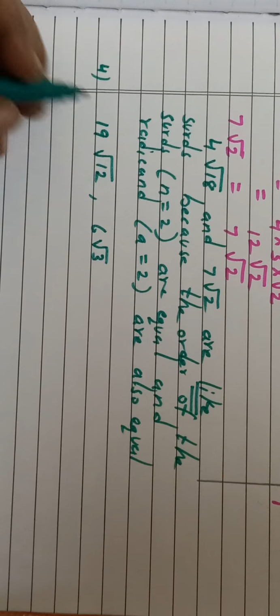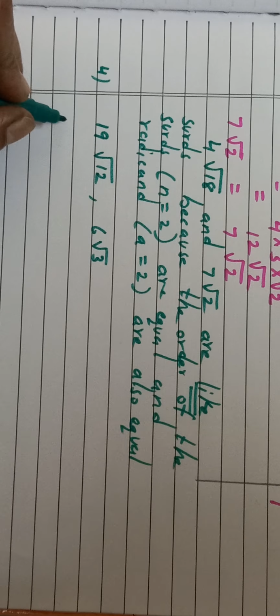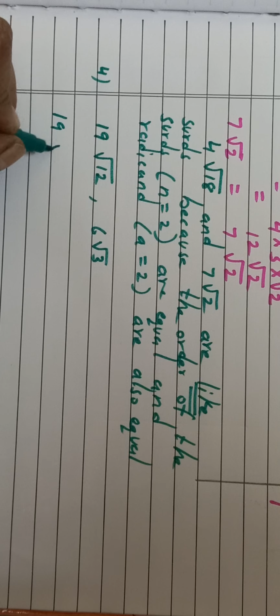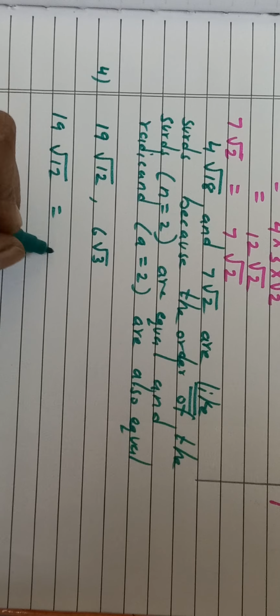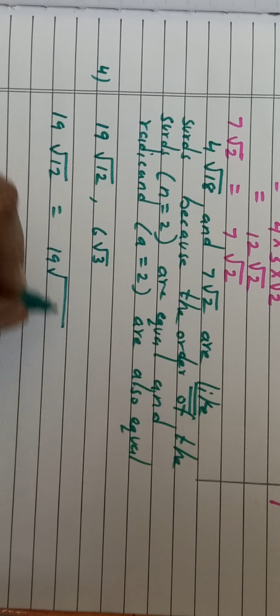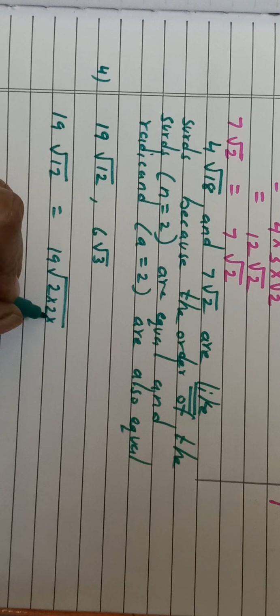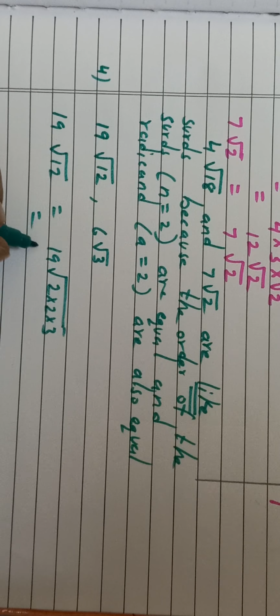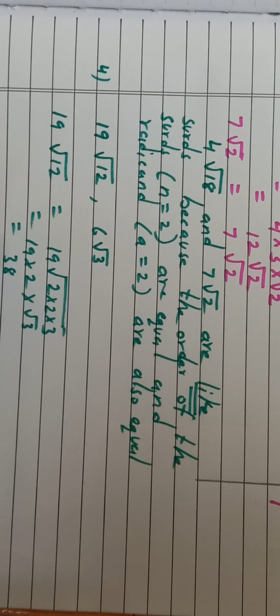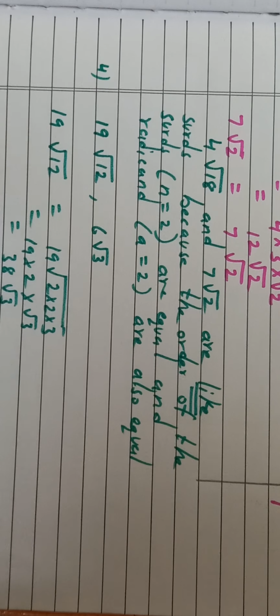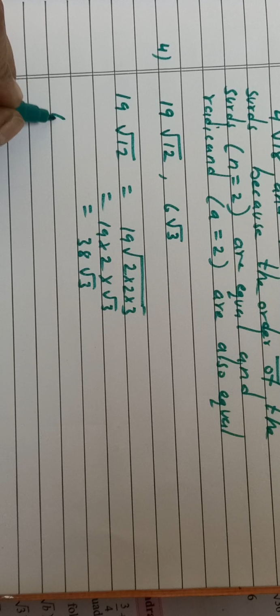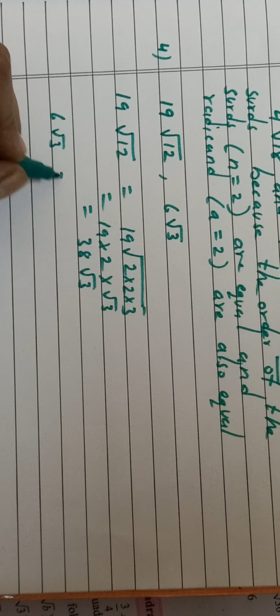Now the next example is so simple, orally we can do this. Root 12 times... now I have to simplify this. So what I will write? 2 into 2 into 3. 2 2s are 4, 4 3s are 12. Now this 2 I can take outside the radical sign, and inside only 3 will remain. So that will give you 2 root 3. And 3 is a prime number, right? So I cannot do anything further.